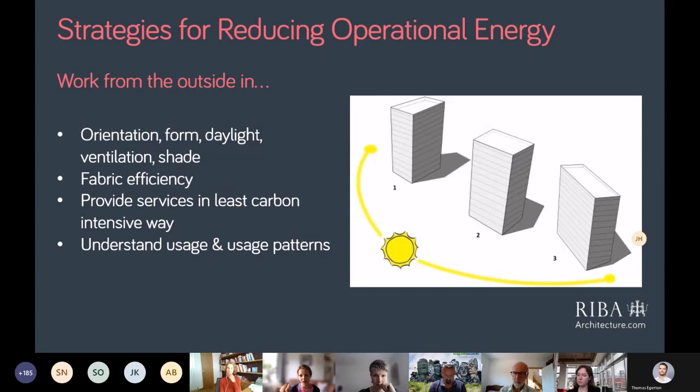So making sure that we crack all of those really first principle things, the passive elements, make sure that the building works with the environment, looking at orientation, make the fabric work effectively and efficiently, and provide the resultant services in the least carbon intensive way. And key to that operational energy demand reduction is understanding the usage and the usage patterns that will take place